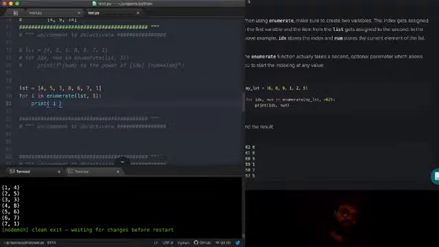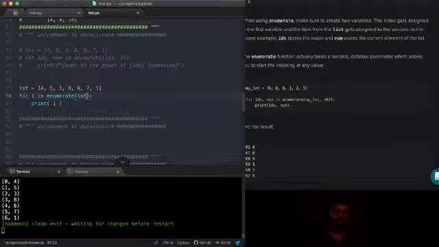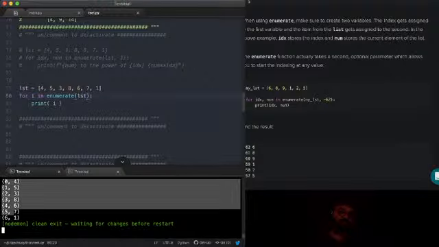So you can see the numbers on the left are 1, 2, 3, 4, 5, 6, 7, and I'm still starting the index at 1 there. But if I don't do that, it starts at 0: 0, 1, 2, 3, 4, 5, 6, right?